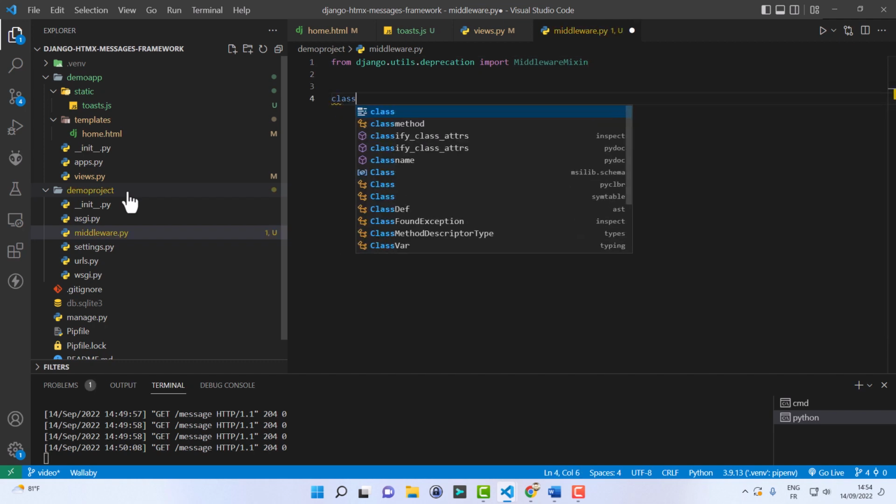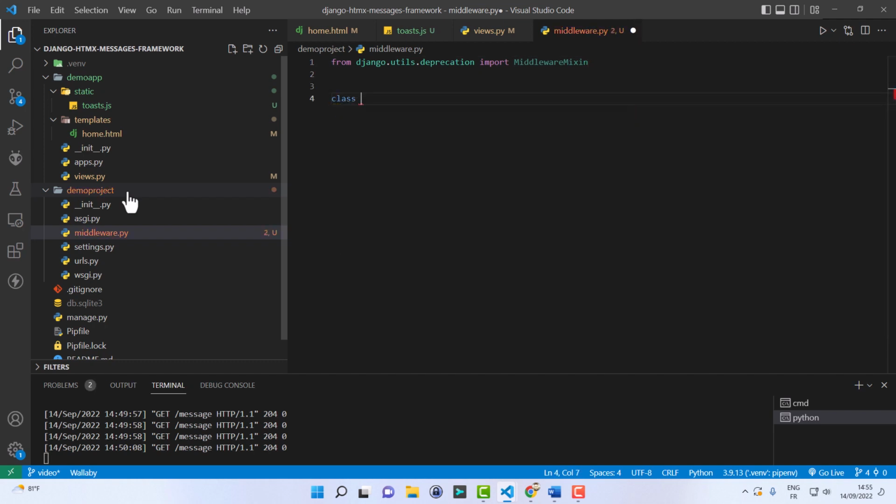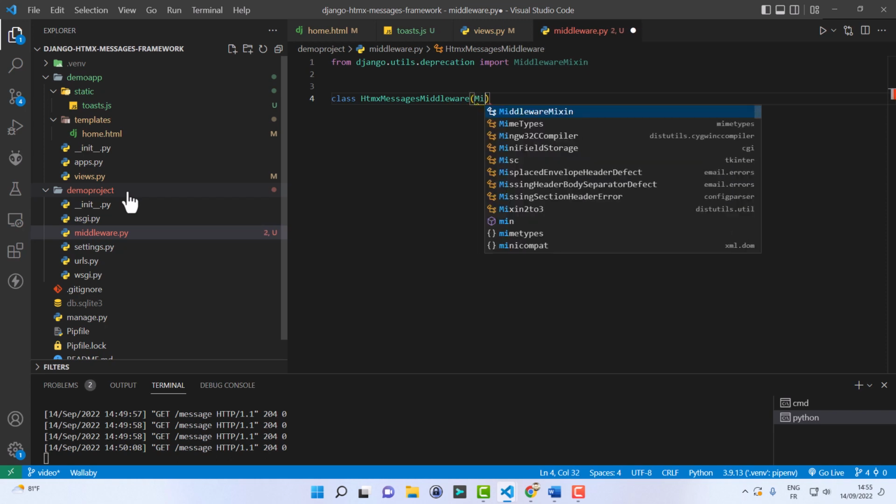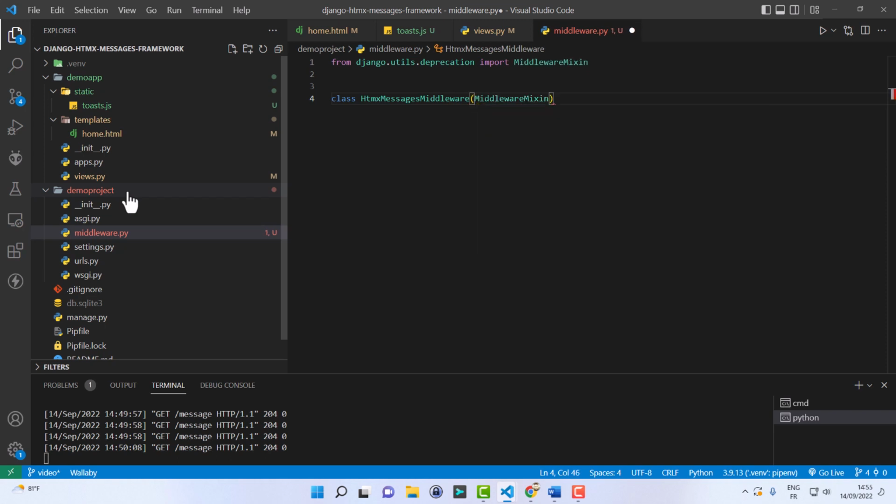Let me derive that class, and let's call our new middleware HtmxMessagesMiddleware, derived from MiddlewareMixin. Now let's override the function process_response. This method will receive the request and the response.